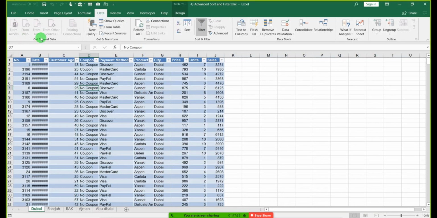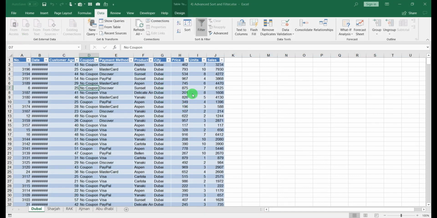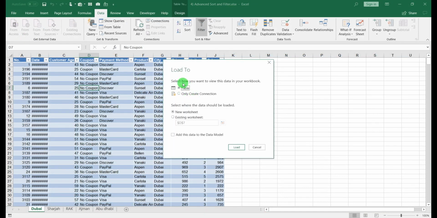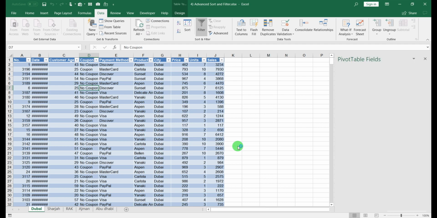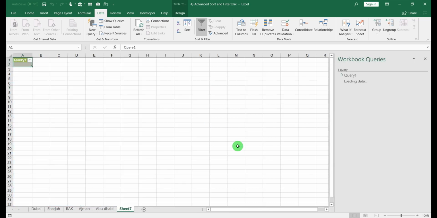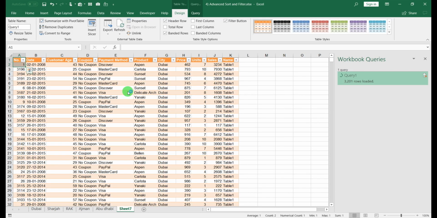So you will click on Close and Load, and here you will say Close and Load To. It will show a small dialog box, asking where you need this, as a table? Yes, I want it as a table. And where do you need it, in a worksheet? In an existing one or, always, in a new worksheet. And I just say load, and you will see below you have 5 sheets. A new sheet will be created in which all your 5 sheets' data will be there, and that will be around